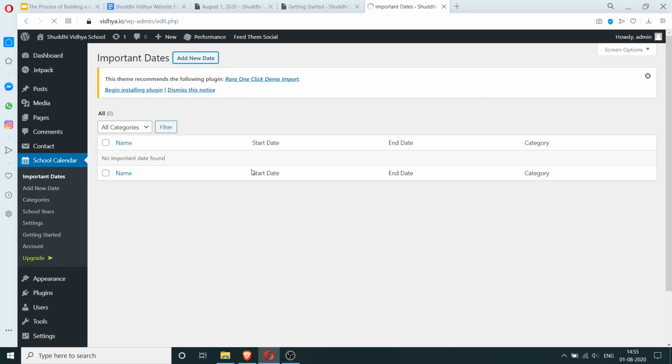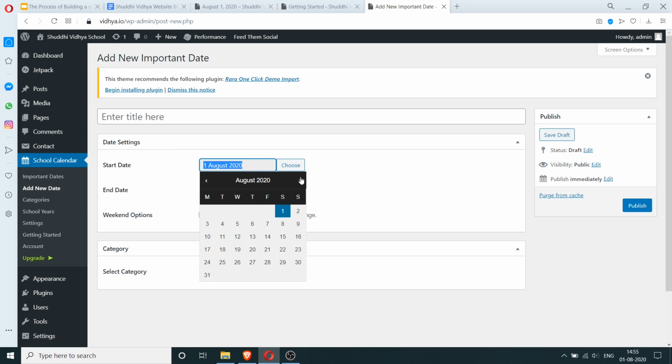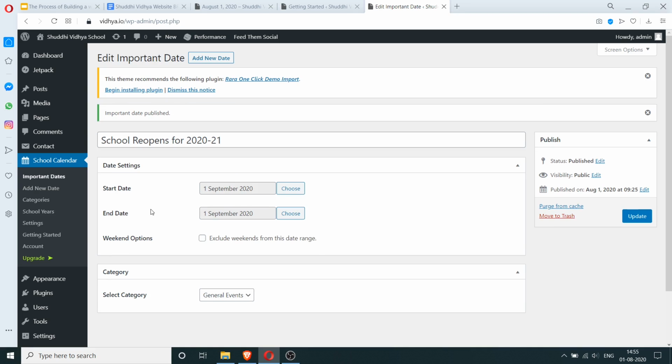So let's do that. Let's click on here and start date. I'm going to set the start date of the school to September 1st. So we even have categories for the important events, which is fantastic. I think this is exactly what we wanted. So this is one date, and let's also add another date.